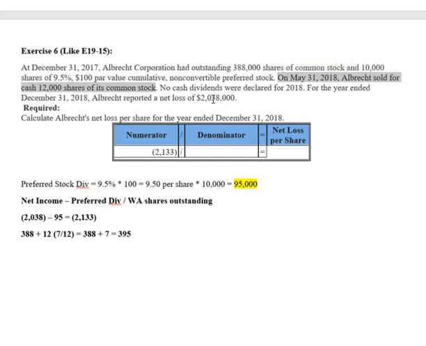However, if we give out a stock dividend, we treat it as if that stock dividend was out for the entire year. So just be careful with that. If we issue shares, you have to prorate. Stock dividends are treated as if they were outstanding all year. So that brings our weighted average shares to 395,000. So 2,133,000 divided by 395,000 gives us 5.4. But that's a loss, so that's going to be a loss of $5.40